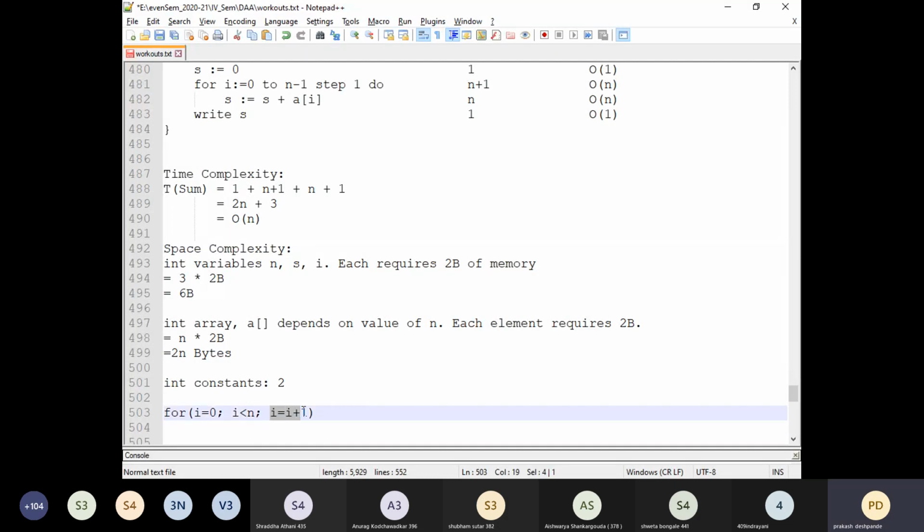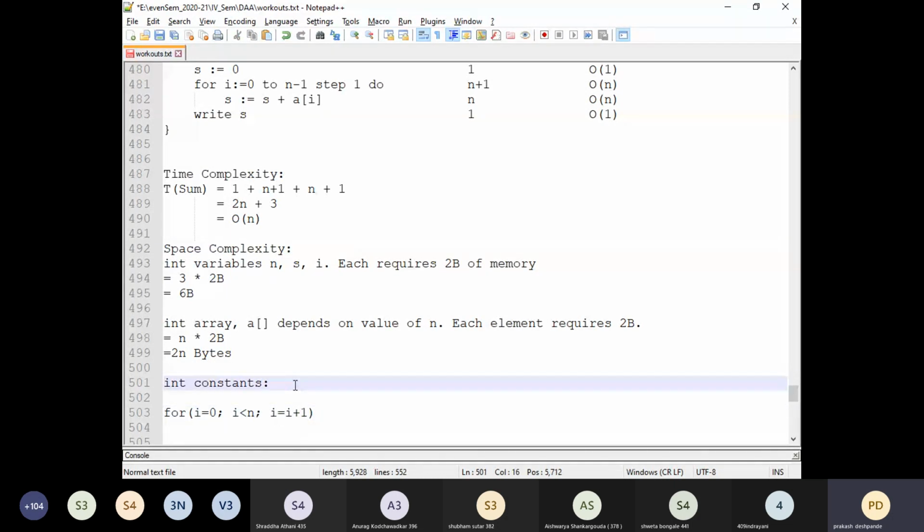Next, we have one statement which involves two different operations: first the addition, then the assignment. Look at the addition first, I plus 1. There are two operands. The first operand is I. The second operand is a constant. So in I plus 1, this 1 is treated as a constant.